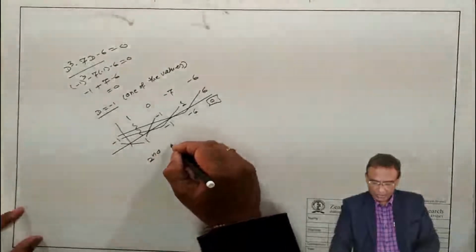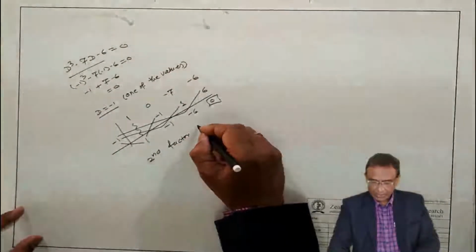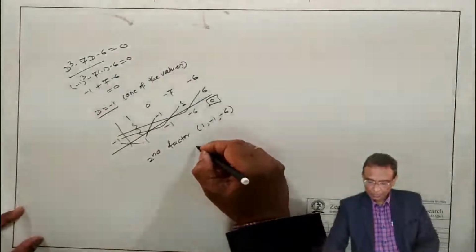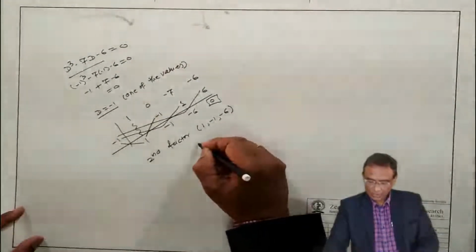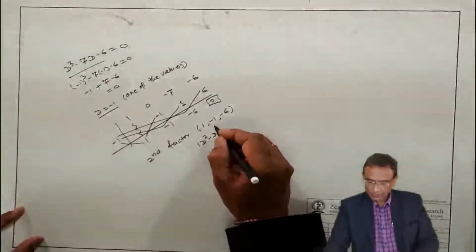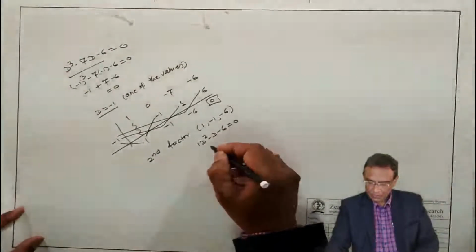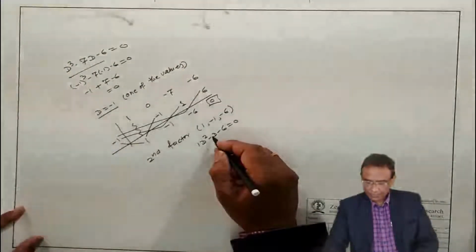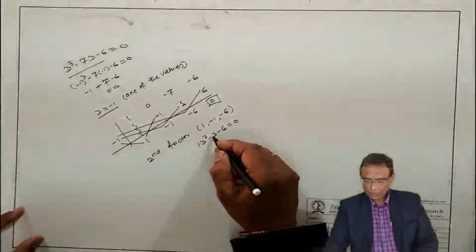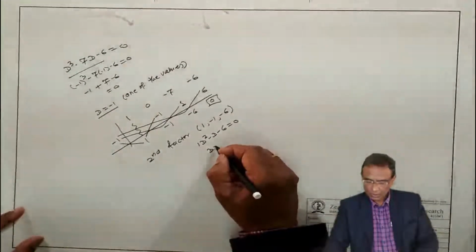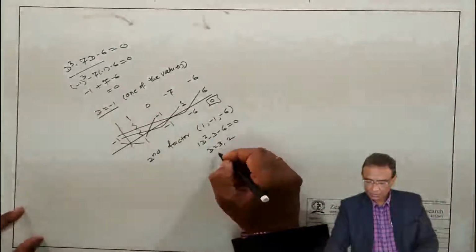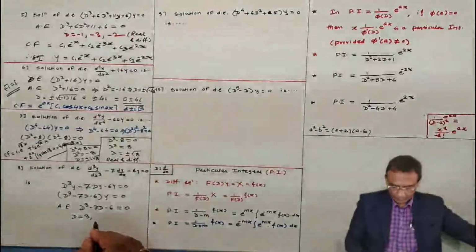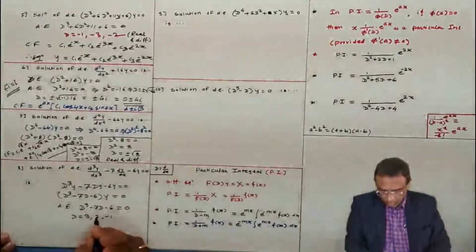Now the second factor has coefficients 1, minus 1, minus 6. In terms of a polynomial, I am writing these 3 coefficients as D square minus D minus 6 equal to 0. If you solve this in the calculator, the values of D you will get are minus 2, minus 3 and 2, you know. D equal to 3 and D equal to 2. So minus 1, 2, 3 are the values.